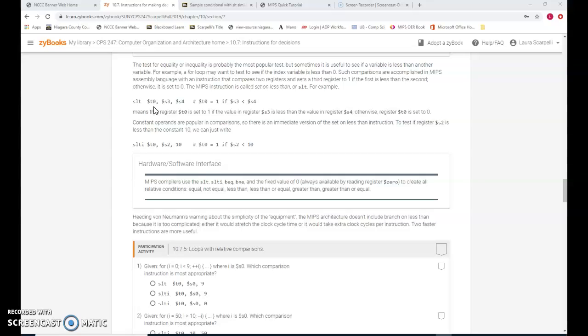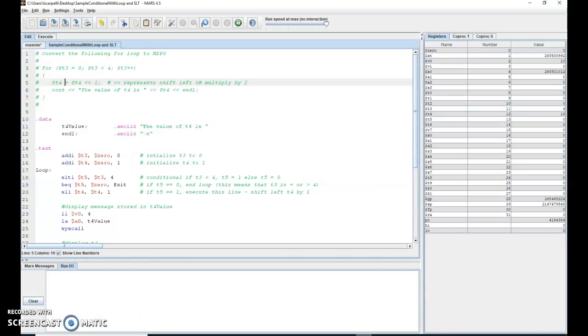In the last video, we talked about branch not equals and branch equals. Those are true instructions. SLT is also a true instruction. If you look on some of your cheat sheets, you'll find branch greater than or equal to, branch less than or equal to. Those are pseudo instructions. And if you recall, the difference between a true instruction and a pseudo instruction is that a pseudo instruction is a shortcut for the programmer. It is just easier for us to use, but behind the scenes, it's made up of more than one true instruction. Okay, so let's move over to Mars so I can show you a sample of how to use this